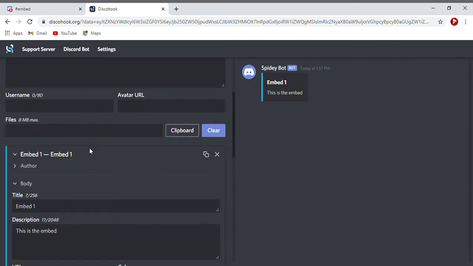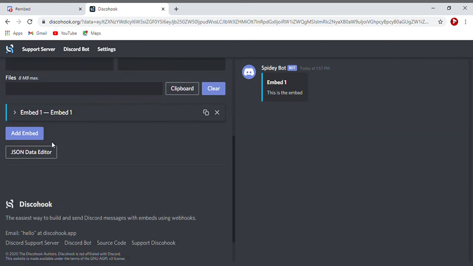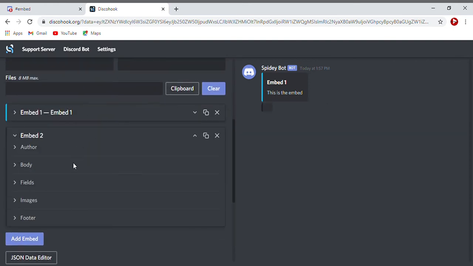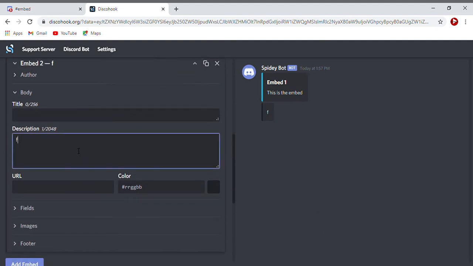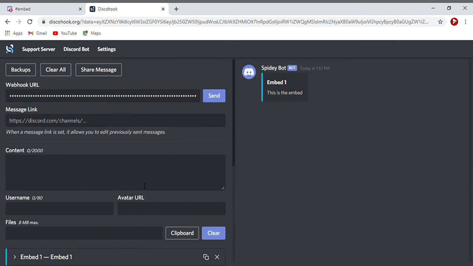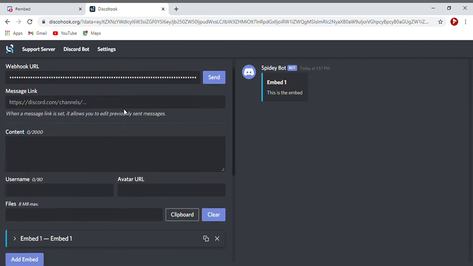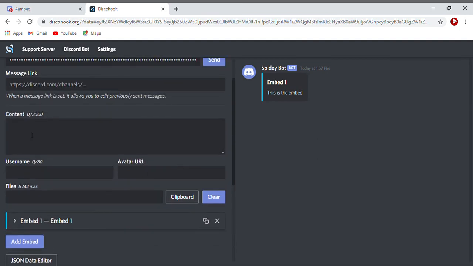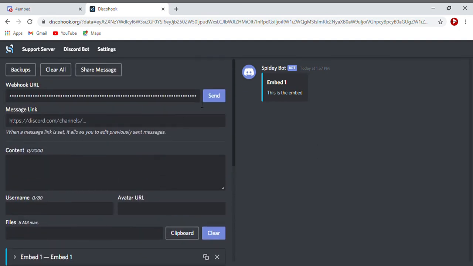Okay. Anyways, you could add more embeds like that. You could add more embeds, like whatever. I'll just keep one embed for now. And that's pretty much it. So once you think you're ready, you could press send,